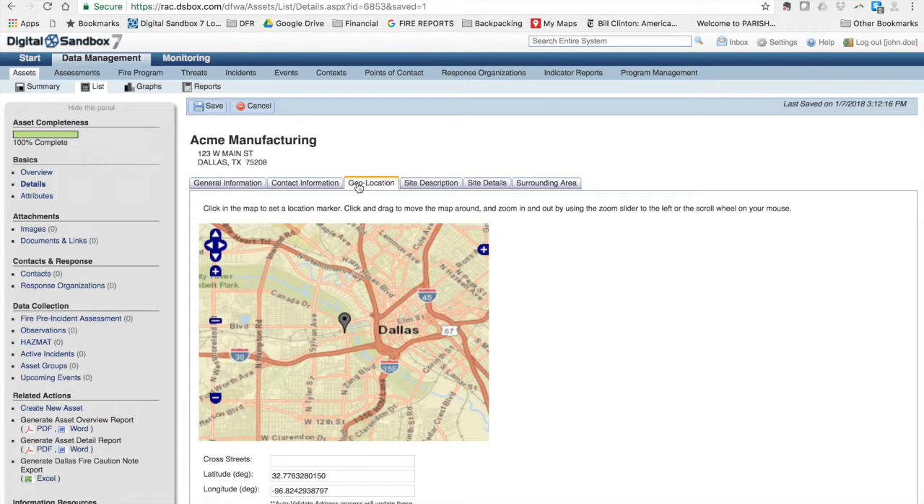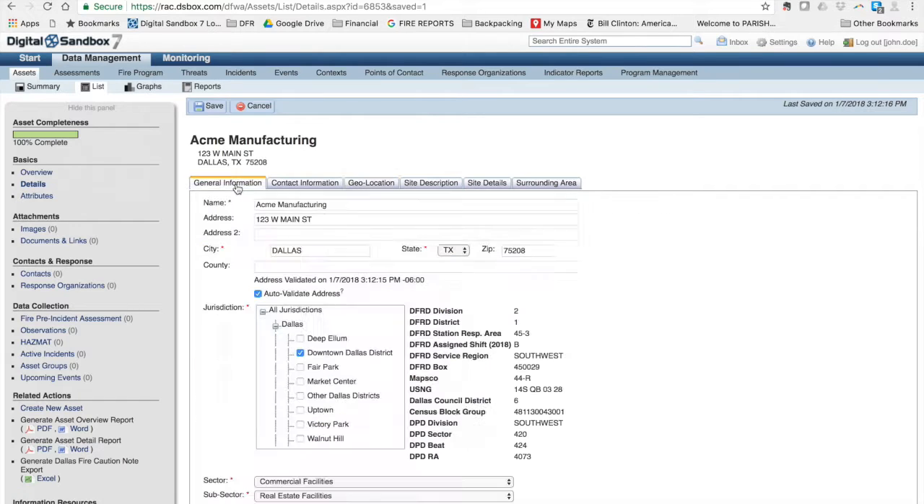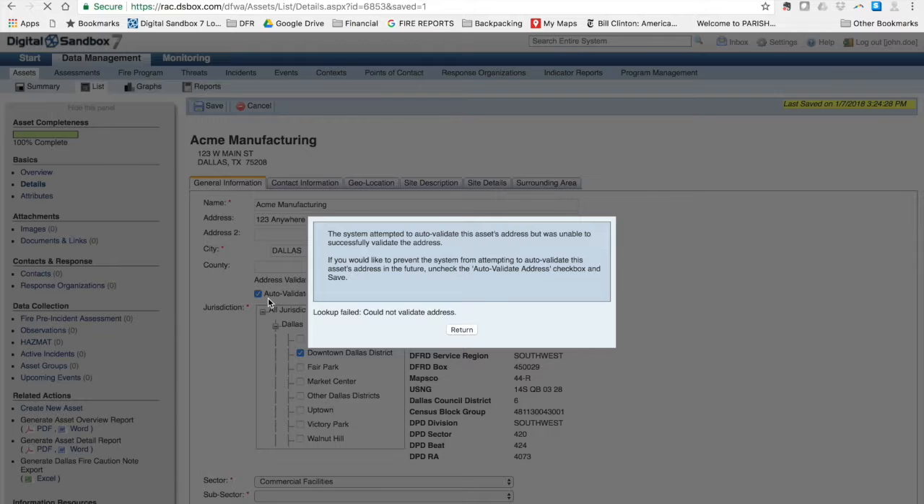The geolocation tab is really important because sometimes it won't geo-validate correctly. So let's go back to the General Information tab. This one geo-validated, but we're going to put a different address, 123 Anywhere Street, specifically to confuse it. And when we try to geo-validate 123 Anywhere Street, you'll notice the auto validate address box is always checked by default,